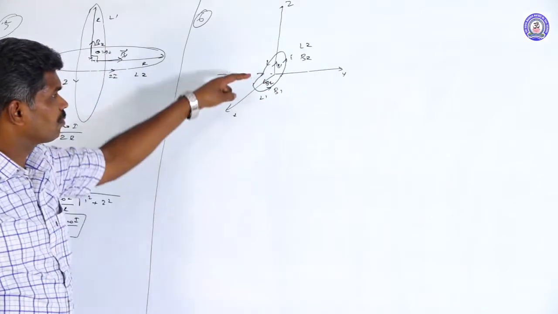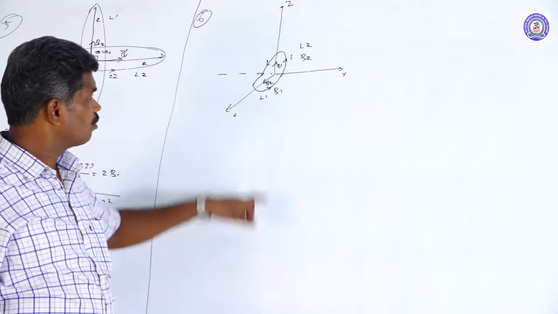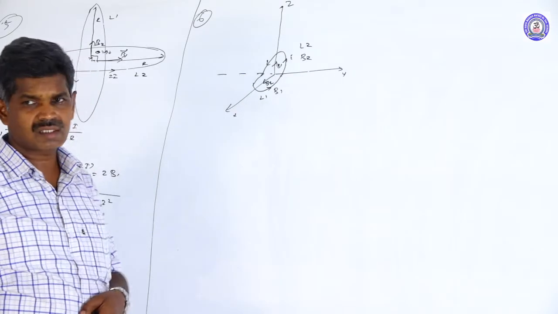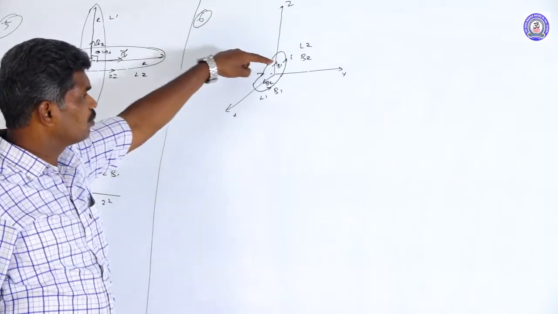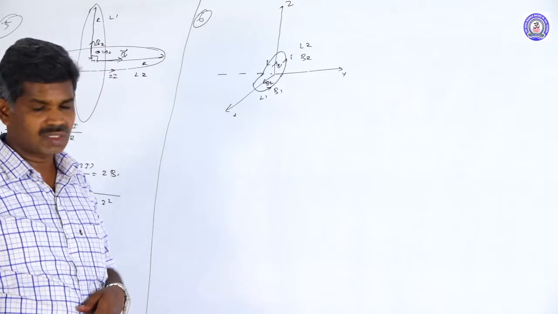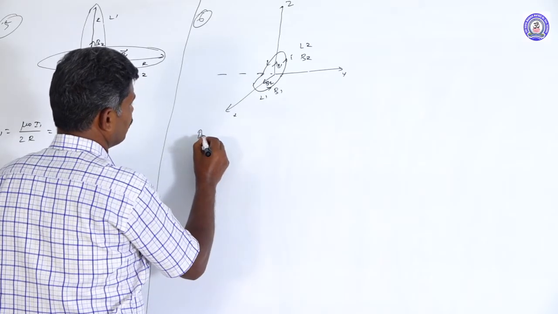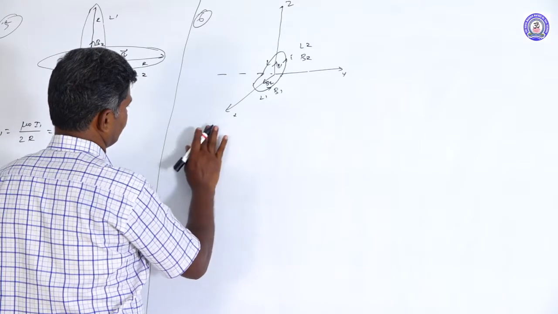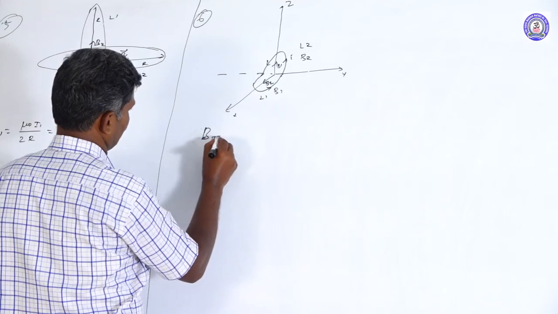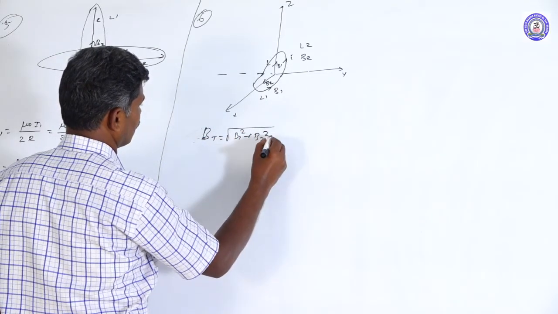So B1 is along the z-axis and B2 is along the x-axis. So both B1 and B2 are at right angles to each other. Their resultant magnetic field, B total,